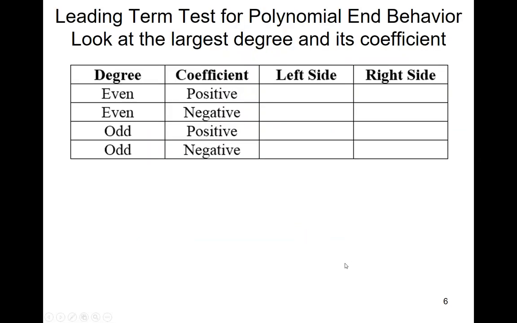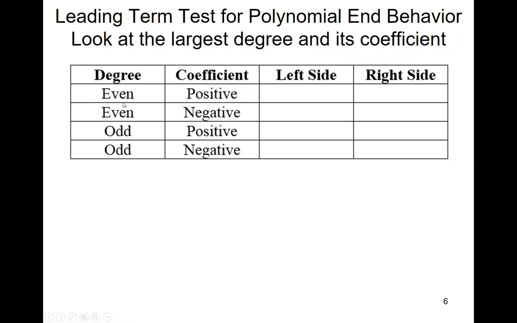Okay, so what are some things that we could do as far as what's going on either side? This is kind of looking at that end behavior piece. And you might remember this from a previous class, and it's okay if you don't. But one thing that we could do, we could look at some patterns, and I'm not going to do that right now. I can certainly show you some in class if you want. But if we notice that the degree is even, that's the highest power. If that's an even one,